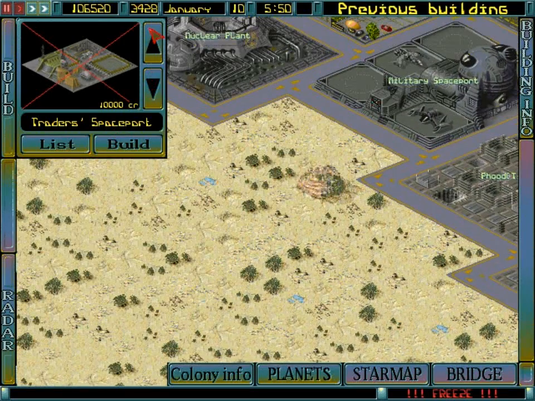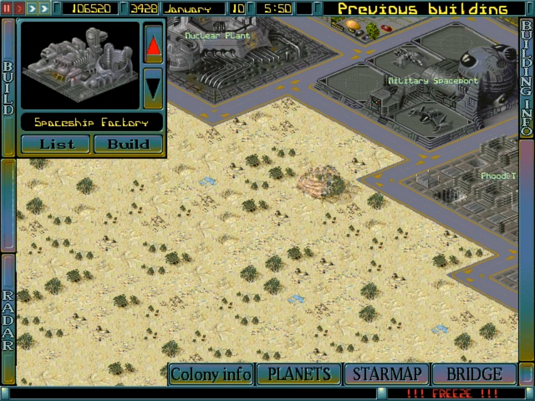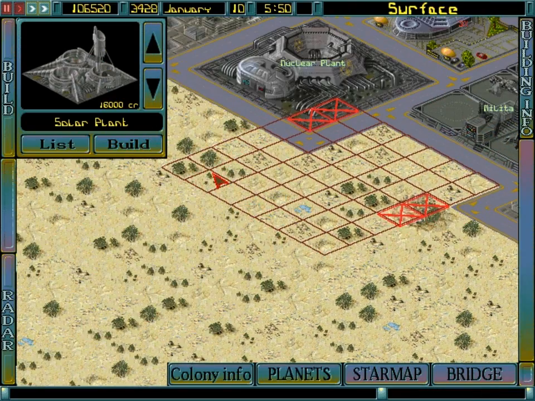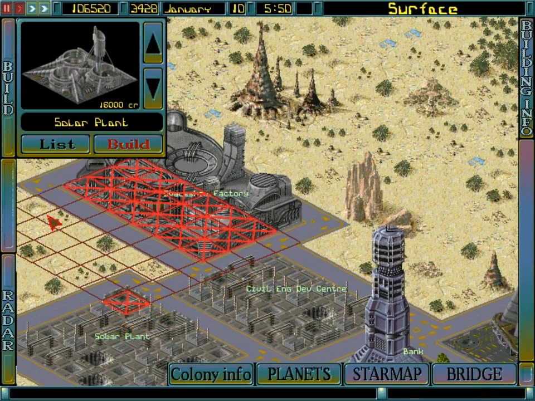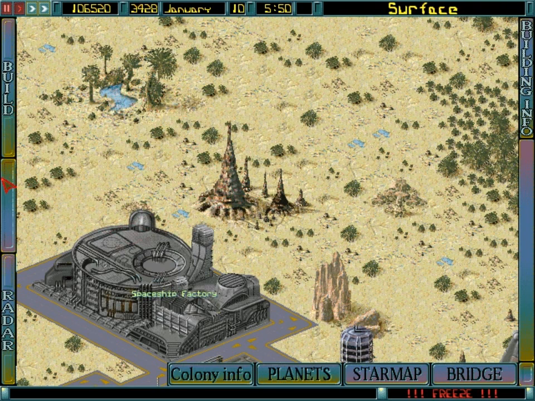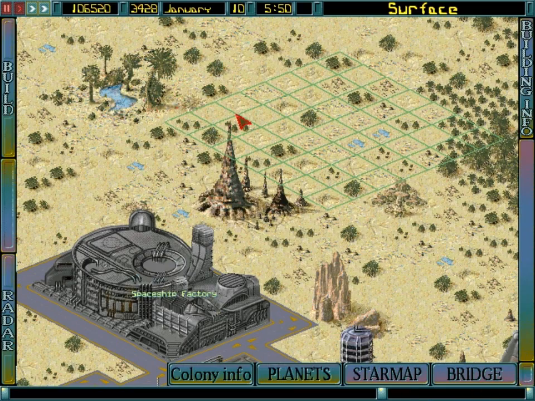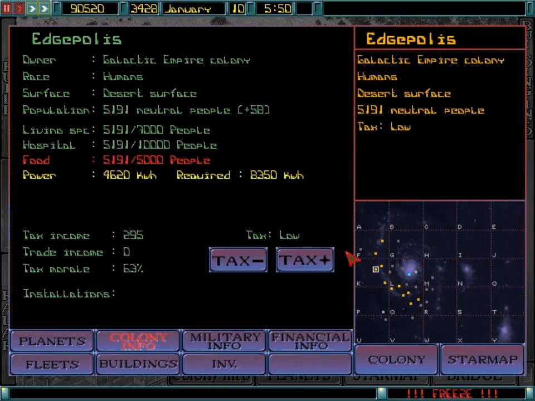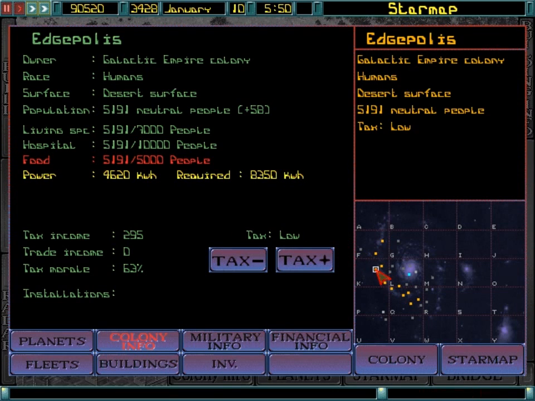Right, there we go. Solar power plant. And then we should be good. Let's place it somewhere where there's not so much space. Can place it here. Can place it here. Alright. Looking good so far. And what we also need...